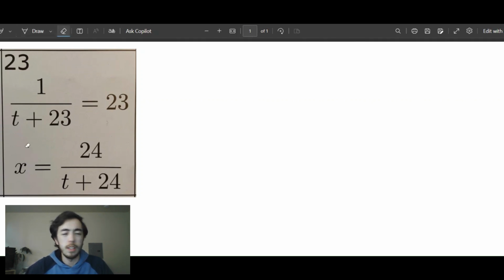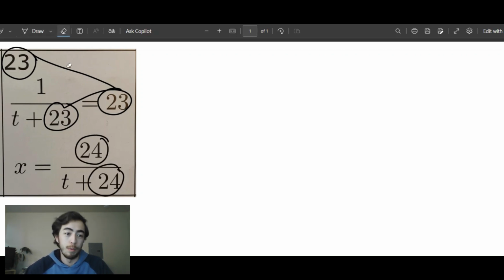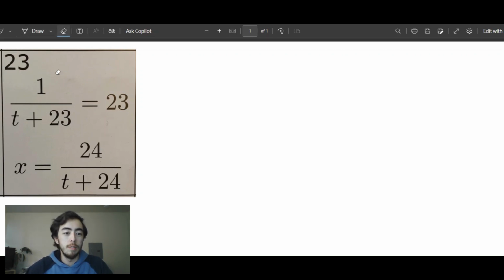I do notice that today's date is the 23rd, and the number 23 shows up a whole bunch, and the number 24 is right next to the number 23. I have this hunch, this guess, that this 23 isn't too special. Maybe if I replace these with fours and then these with fives, because it's one greater, I would end up just getting the number 4 here. So let's solve it directly first,